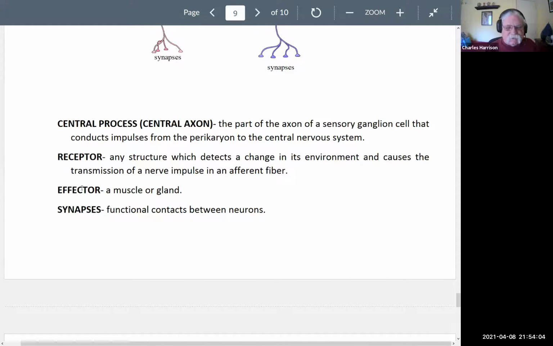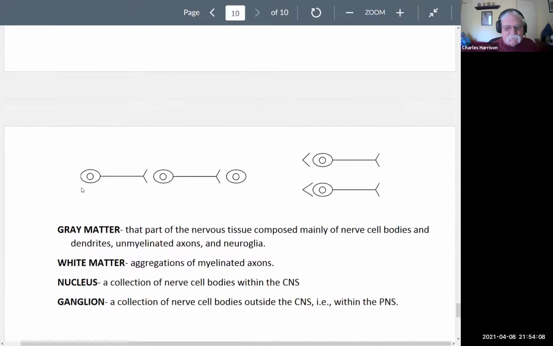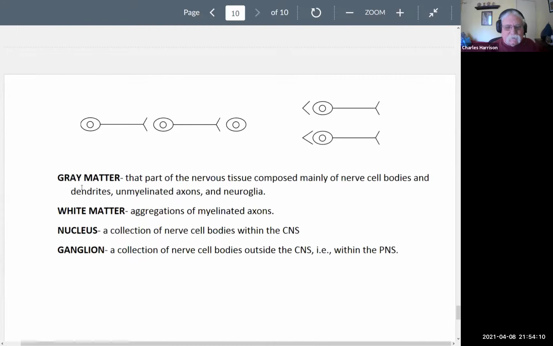Synapse, functional contacts between neurons. This is trying to show in a diagrammatic fashion the cell body, perikaryon, the axon, and then the axon branches. Coming to the next, what's not drawn in here are the dendrites, and the next,